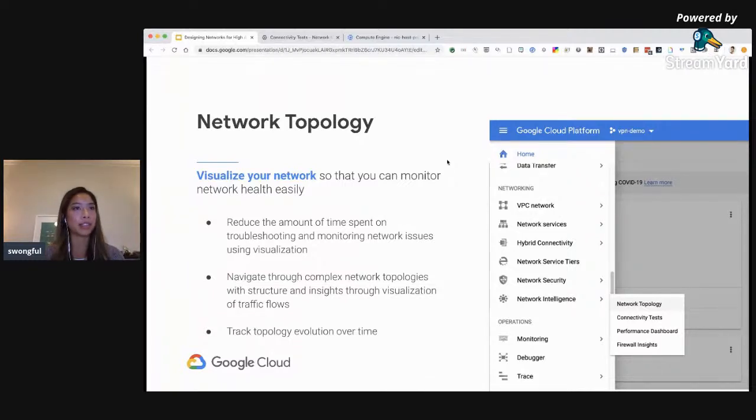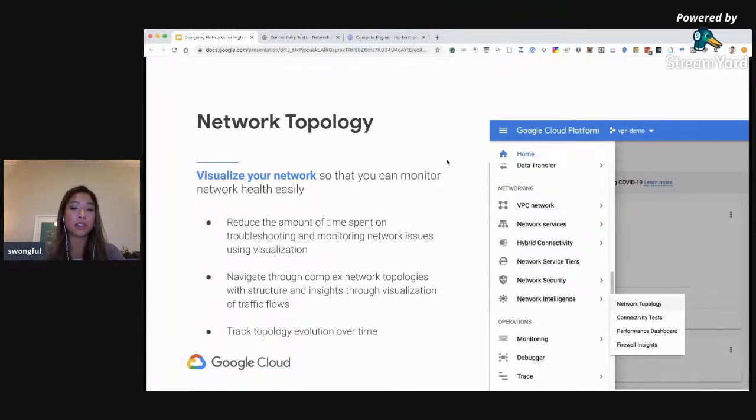How it works in the backend is that it collects real-time telemetry data and configuration data from our infrastructure to visualize your resources. So it's really just capturing information like metrics and logs to kind of infer the relationship between the different resources within your GCP environment. And it can work within a project or multiple projects. After collecting each element, it then combines them all into this graphical interface that you can see.